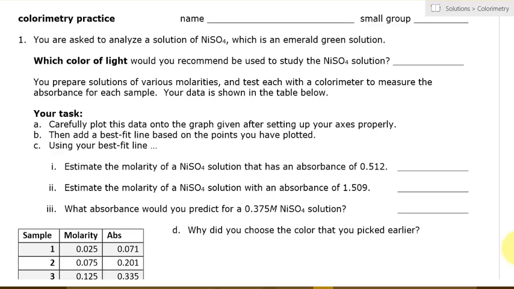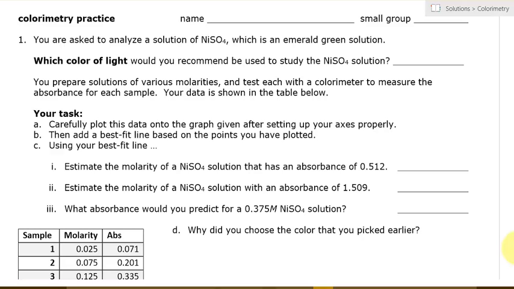Hello again. In this video, we want to show you how to take data from colorimetry, like we've gathered in the last video and introduced the concepts for there, how to turn data like that into a graph, how to make a best fit line again, and then how to use the best fit line to answer a few questions about solutions and unknowns, which is usually the goal, at least with colorimetry and making